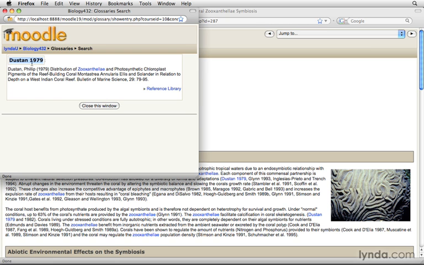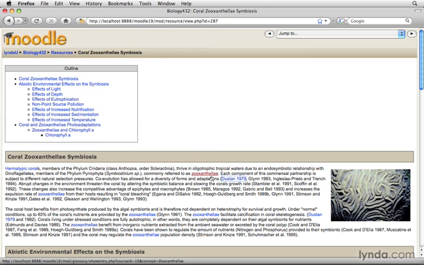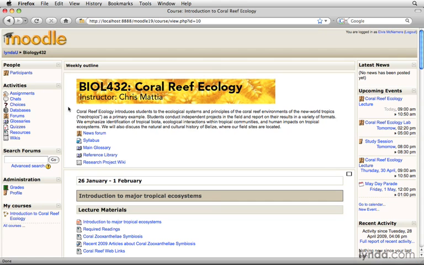So Dustin 1979 would link me directly to the full reference for this library. I also have a link directly out to the reference library. Let's go ahead and close this window, and let's add a glossary entry for the Glenn 1993 article. To do this, I'll return back to the main course by clicking on Biology 432, and then I'll go into